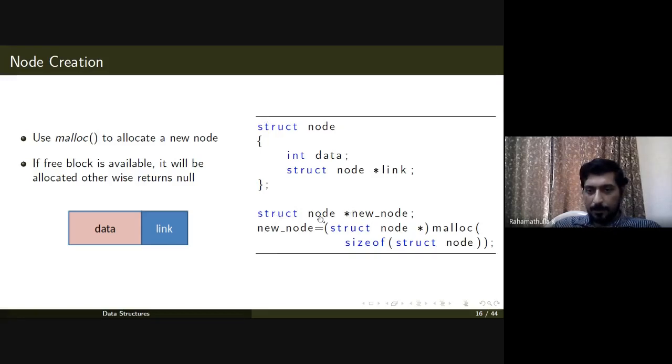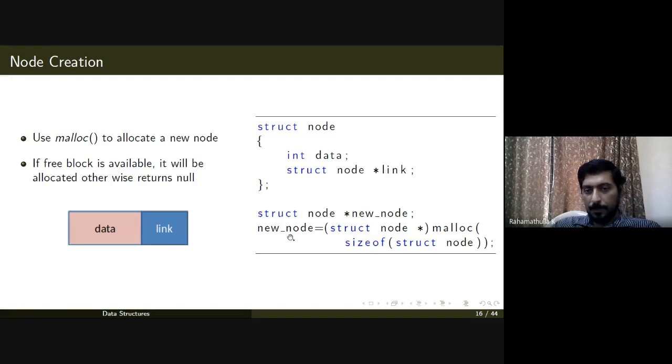So this is how you create struct node star new node. Then new node is allocated with memory. How much memory needs to be allocated? Size of struct node, the size of this integer plus the size of this pointer. That is the size of node. And malloc usually returns a void pointer, so you need to typecast it as struct node star. Then only you can use that for storing this address.